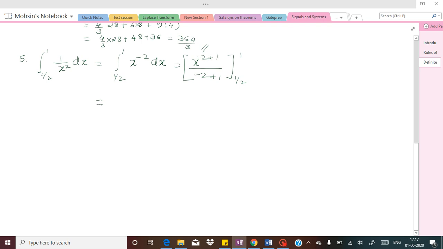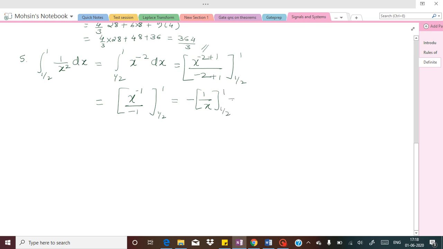Therefore x raised to minus 2 plus 1 is going to be minus 1, and in the denominator it's going to be minus 1, and the limits are 1 by 2 to 1. So x raised to minus 1 can be written as 1 by x, so I can write this finally as minus 1 by x, so that minus can be taken outside,